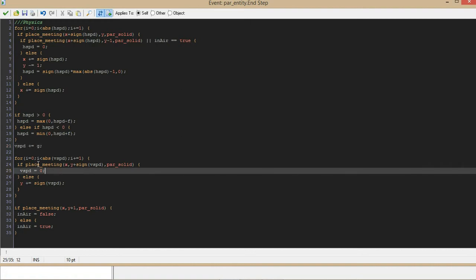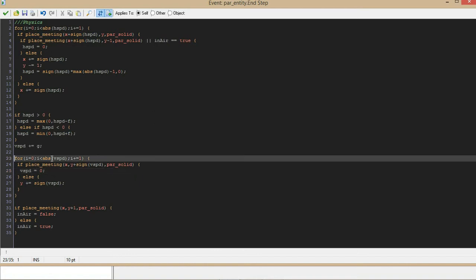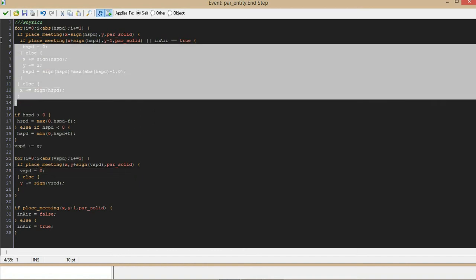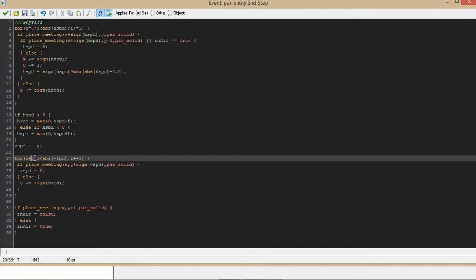And then we have almost the same function up here, but just for vertical movement, and there we don't have this extra iteration, but we only have like,